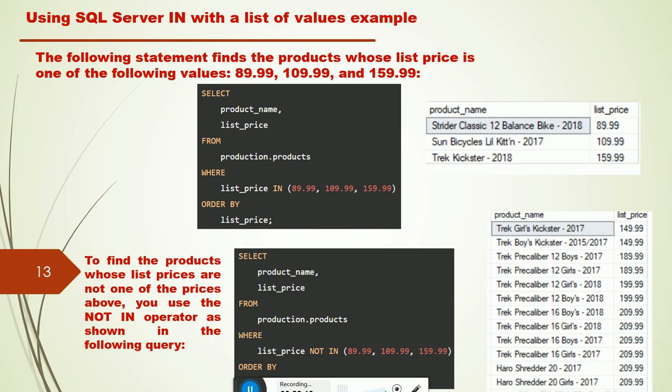The query is: select product name, list price from production.products, where list price IN 89.99, 109.99, 159.99, order by list price. See here the output: the list prices whose values are 89.99, 109.99, 159.99.